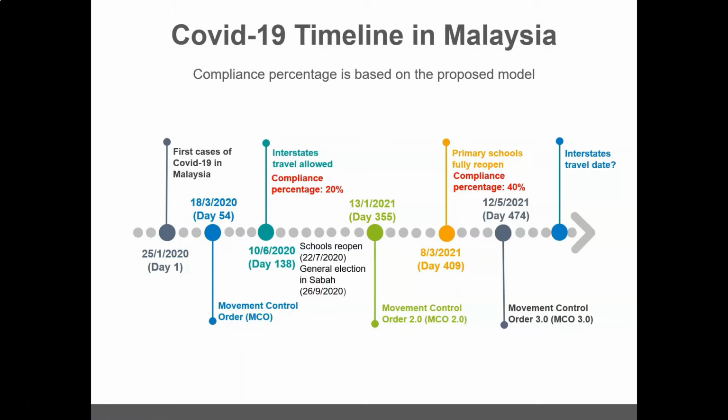The timeline for COVID-19 outbreaks in Malaysia is displayed here. This video is recorded on 18 May 2021, the time when Malaysians are in the enforcement of MCO 3.0. The interstate travel was banned since January 2021. Now, the public is looking forward to traveling across the state border, especially to see their beloved parents at hometowns.